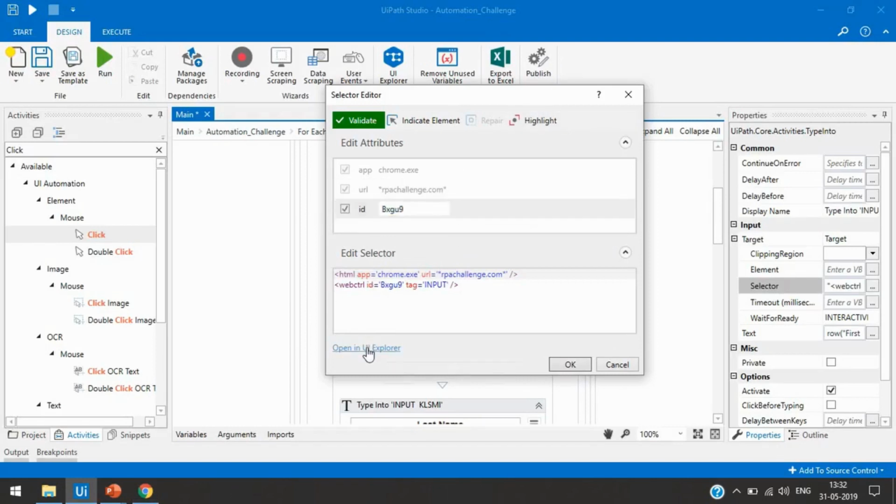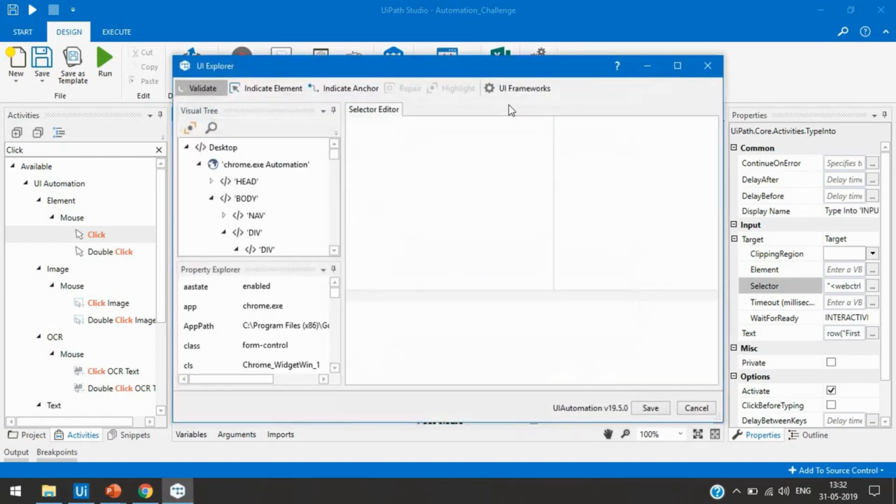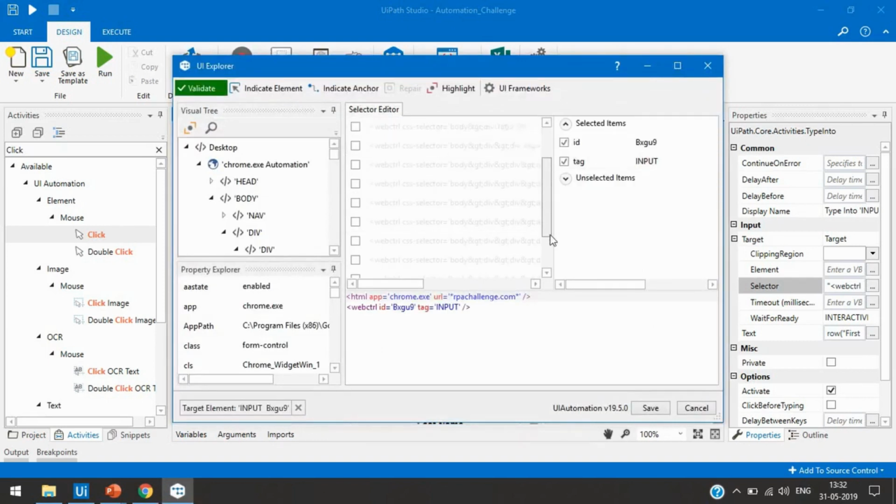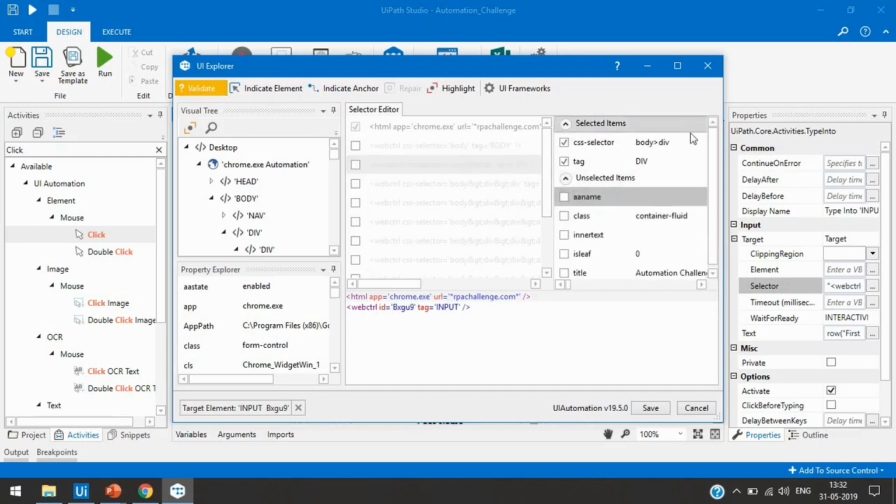So for that we have the UI Explorer advanced tool. By using that we can add some more attributes in our selector. So we'll click here, and then you can see we have lots of options to select and not select. We have the unselected items on this side.